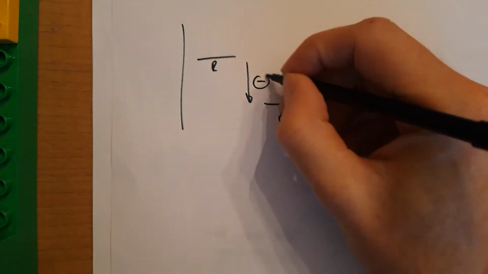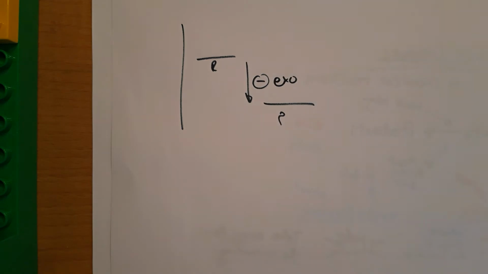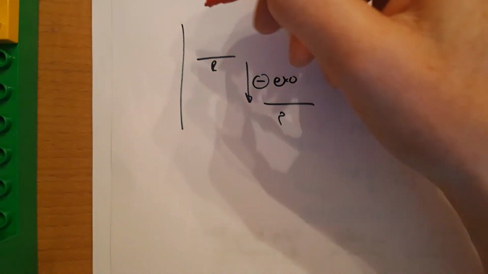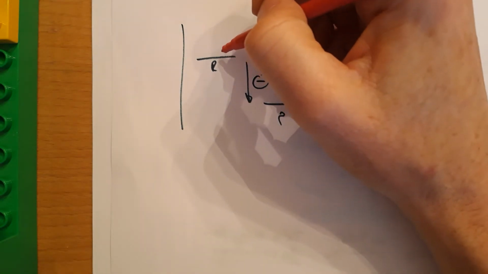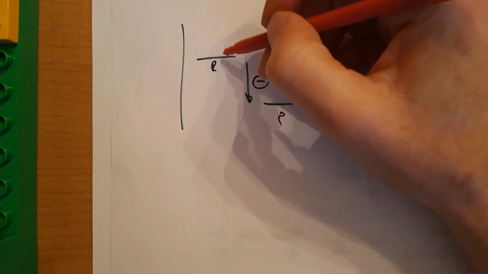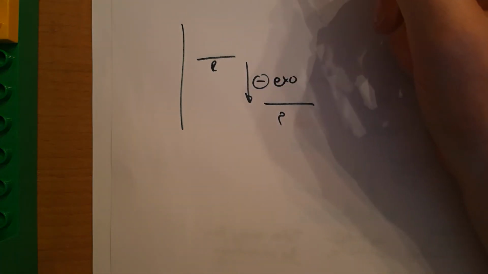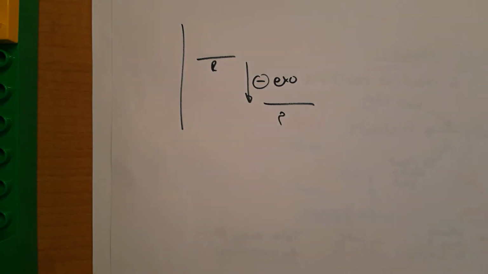So it's going to have a negative sign and it's exothermic. So in this exothermic reaction, energy is lost. Now, what you have to do with most chemical reactions, there is an energy barrier that stops a chemical reaction from happening. Now, before I just draw it on and call it the activation energy, which you'll have read about,